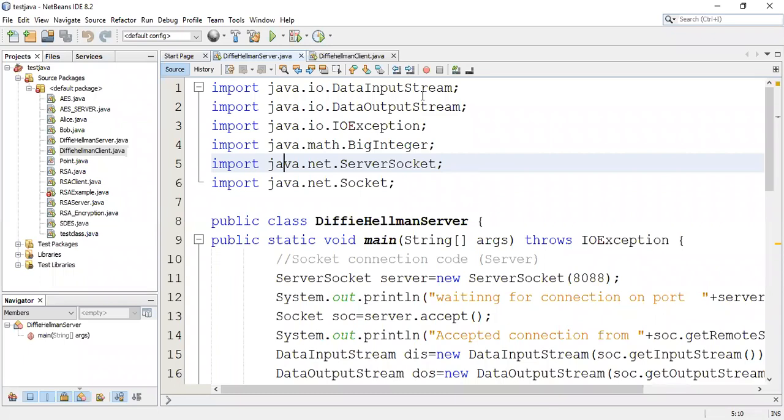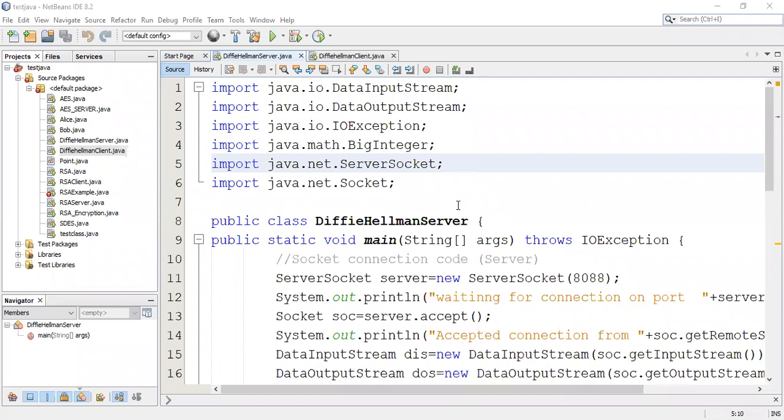Once the keys on the server side and the receiver side are equal, only then will your message transfer correctly. Okay. So here I am using this algorithm for asymmetric encryption, and this is for the exchange of the key.